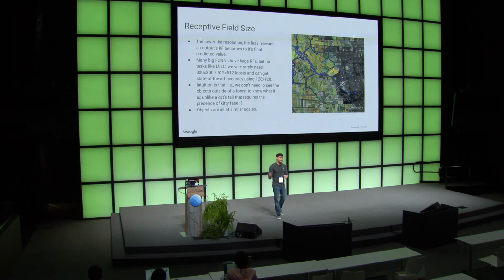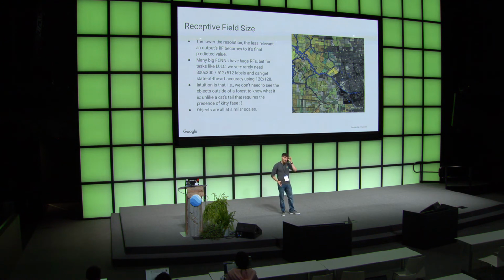The other nice thing is that our receptive fields are way smaller, right? So the example I like to use is if you have an image of a cat, and you want to segment that image, if you have the pixel at the very tip of the tail, you can't call that a cat unless you see the cat's face. That could be a dog. Who knows? It's a tail. We have to see the whole image to be able to classify that singular pixel.